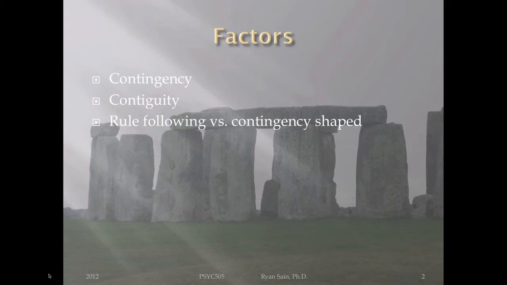So the idea is rule following gets you in contact with a particular reinforcer, which is, I produced this meal, and then after that you can start to tweak it a little bit, and then it becomes contingency shaped. Okay? So start out with following the rules about how to make a curry, contingency shape it up a little bit, and add some different spices as you go down the line, or remove some spices or change things up. So that's the idea, that we've got this rule following versus contingency shape. They do work together, but we do prefer to go the contingency shaped route, but rule following is a behavior in and of itself that will lead us eventually to contingency shaped behavior.